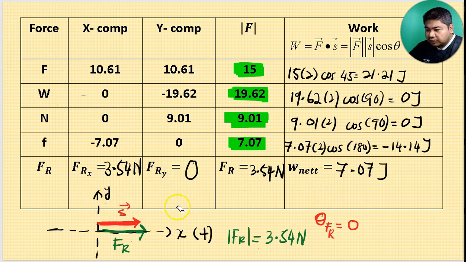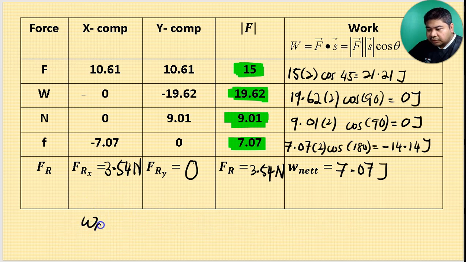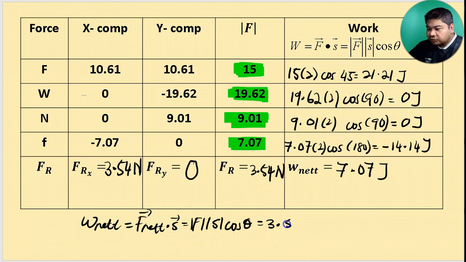So I'm going to clear out the drawing at the bottom here. Another way to calculate the net work done is W net, work net, equals F net dot S, equals the magnitude of F net times the magnitude of S cos of theta. So the magnitude of F net is 3.54. So 3.54 times the magnitude of displacement, which is 2, and then cos of 0 because they are parallel. So we are going to get